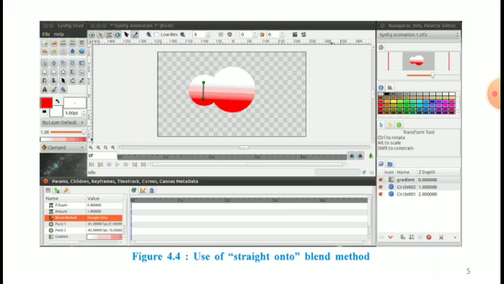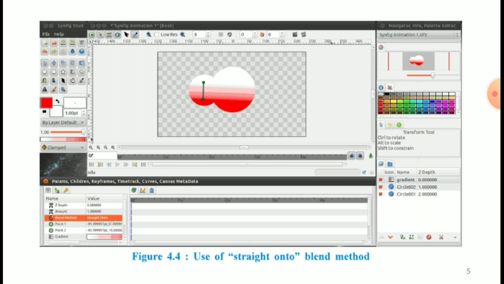Next, select the gradient layer and go to the params panel, that means the parameter panel. That is the bottom side panel. You can see blend method parameters, and blend mode defines how the image is layered on everything below it.